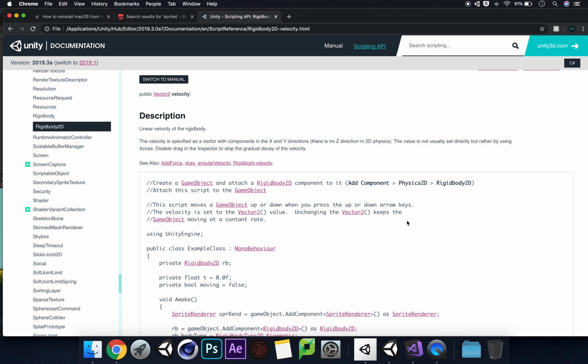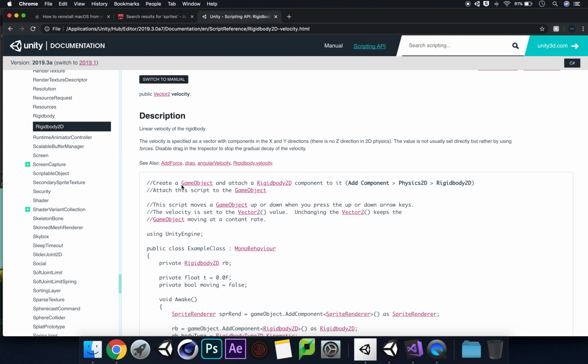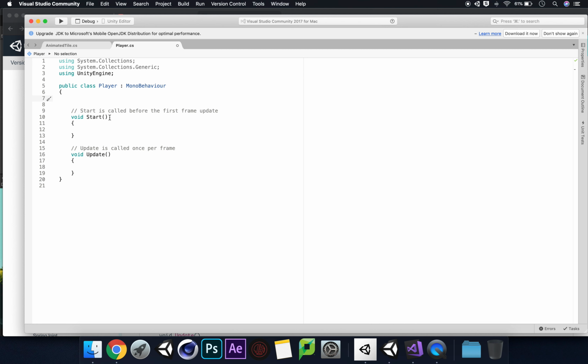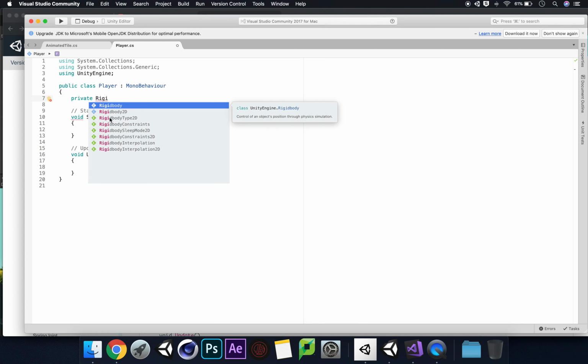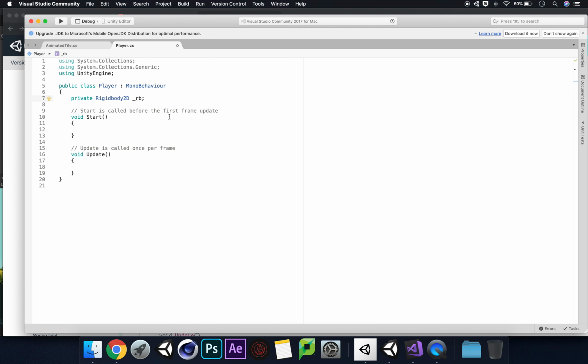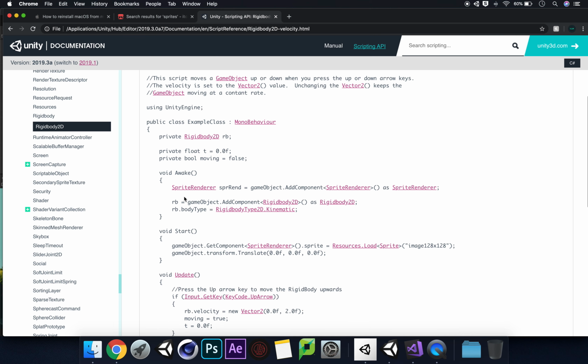Let's all move our values. Okay, we'll do it a bit like 3D so you understand what I'm trying to do. So what we'll do is, right at the start, as we saw on this piece of script, we'll take this. So private rigid body 2D RB. Cool. So private rigid body 2D, and I'm going to do this underscore RB. So a little bit of the same as Unity, but that's absolutely fine. That will work. So in start, do they do? Oh, they do it on awake, don't they? On awake,